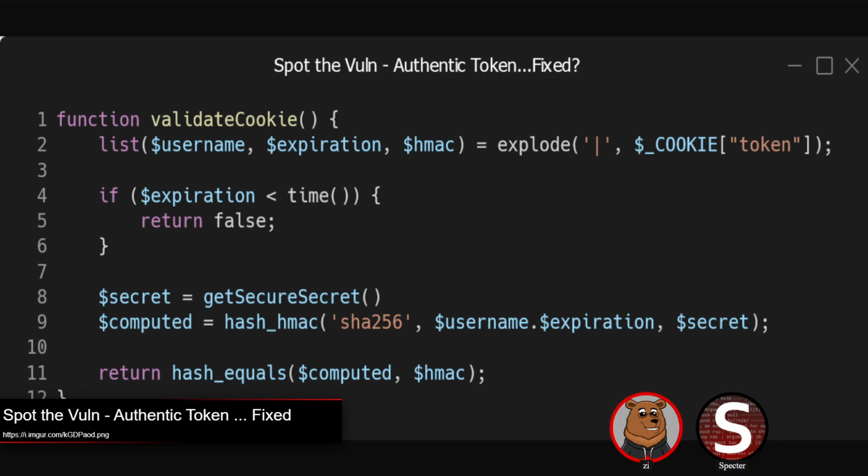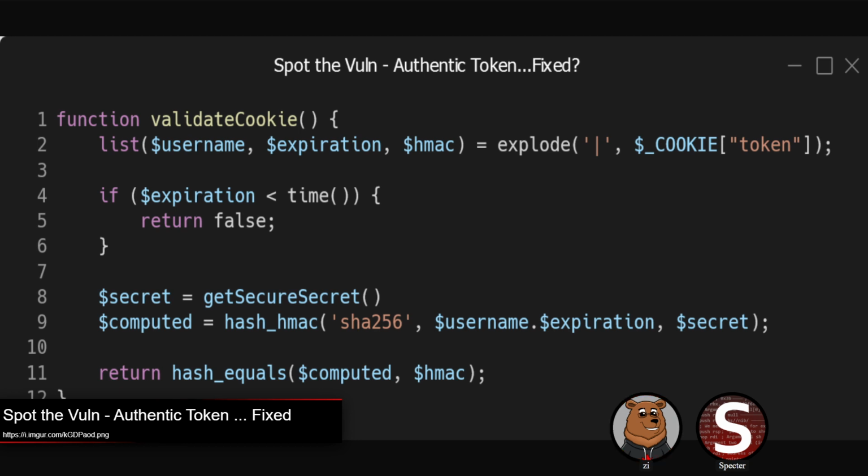So it pulls out the username and expiration there, checks the expiration time, just to make sure it hasn't already expired. And then it computes what the HMAC should be using its known secret that in theory nobody should know or be able to compute. Calculates an HMAC using that secret over the username, and the expiration is just appended directly to it. Key problem there isn't how that HMAC is actually computed. The thing that stands out to me to notice the issue here is when it does the split, the original token has the delineation there. It's using those pipe characters, username pipe, expiration pipe, and